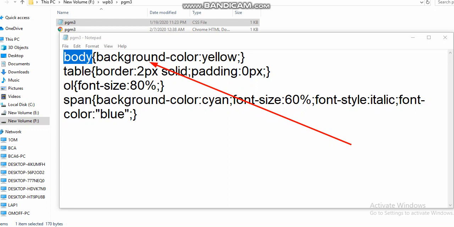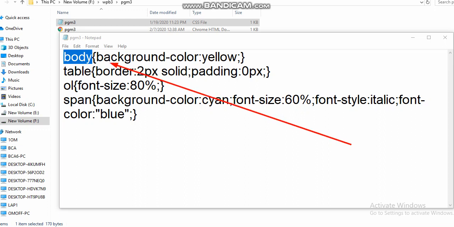We have text attribute. So here I am using an attribute called background. This is the symbol called hyphen, right? Background dash color, that is background-color colon yellow and semicolon. You can see that I have not used any spacing here. So the method in which you type is very important, otherwise it may show you an error and these features may not get applied to your code.